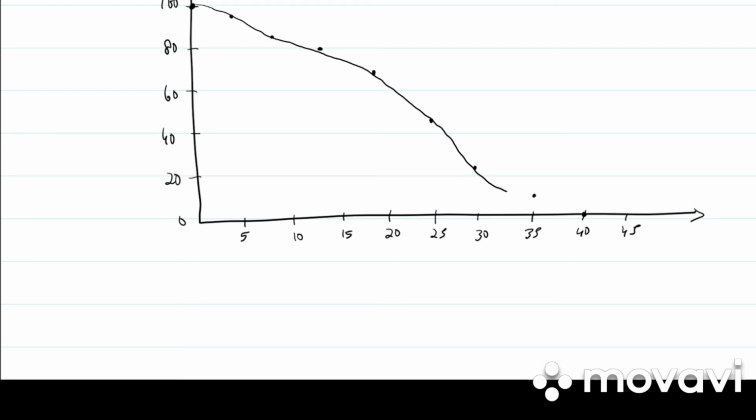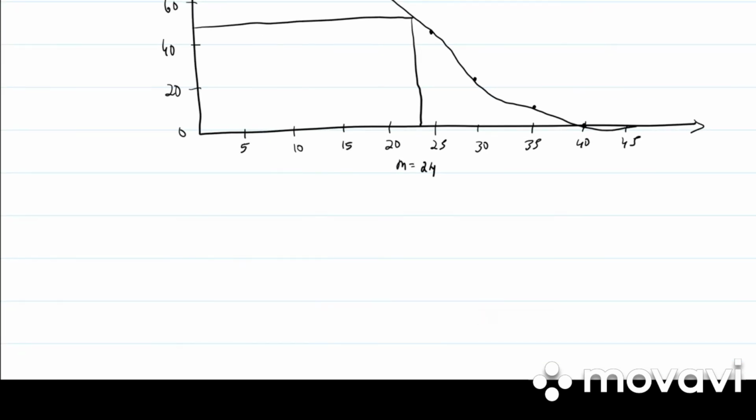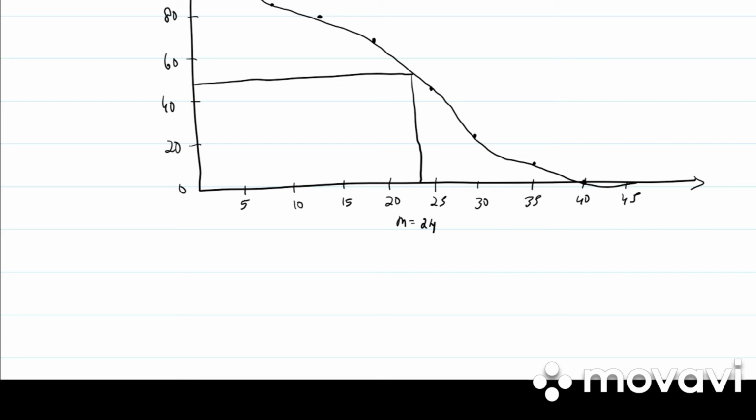We draw the ogive. Again to the perpendicular we take 50. On the y-axis we take 50 and bring a perpendicular straight line towards the x-axis. Again median is equal to 24. So this is an approach where we draw the less than and more than ogive separately. Now in the same problem we would be doing the less than and more than ogive in the same graph.